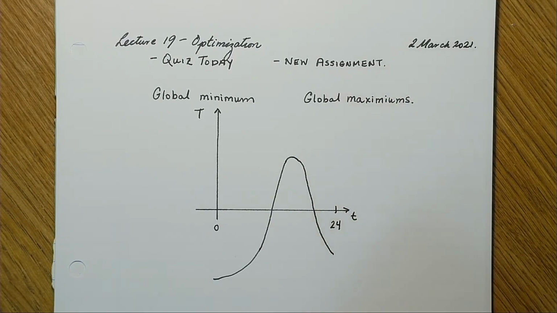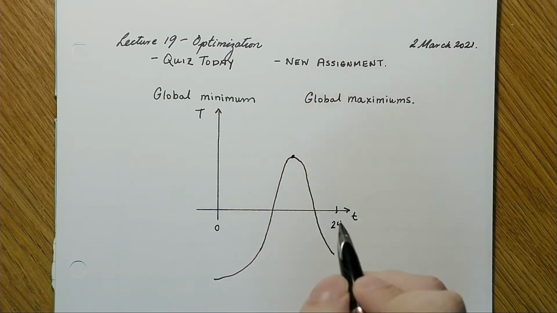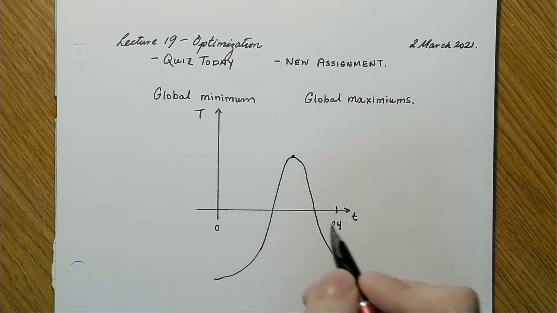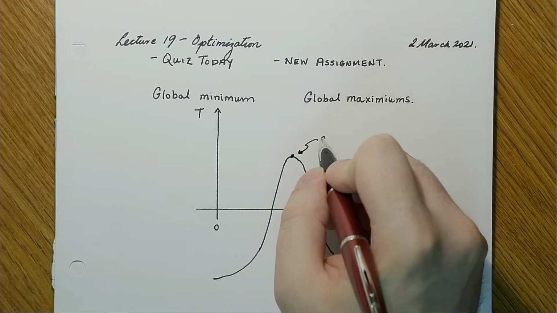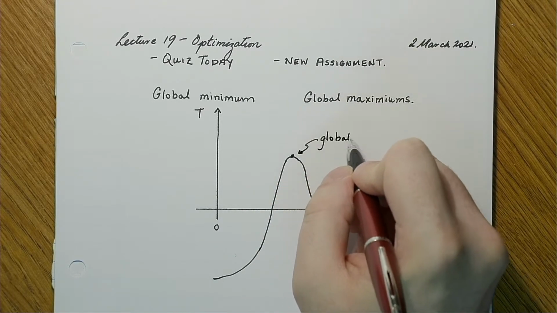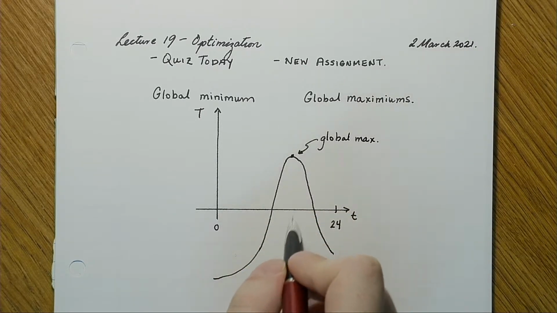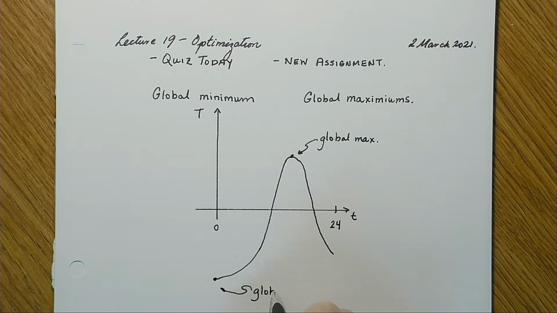So again, there's kind of a clear maximum here. So right around here, maybe around midday, a little bit later, we actually get a peak, and what we'll call this is a global maximum. And then we can look for where it's the lowest point, which is the global minimum, and we find it right at this endpoint here. So right here, we have the global